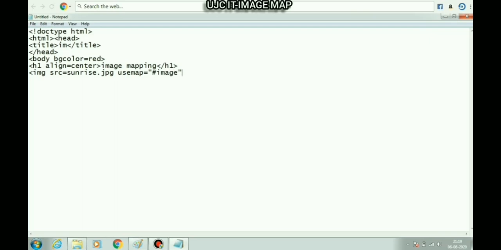The value of useMap always starts with the hash symbol. The next attribute is alt, which is used to give alternative text. The next attributes are height and width. The height and width attributes will set the height and width of the image.